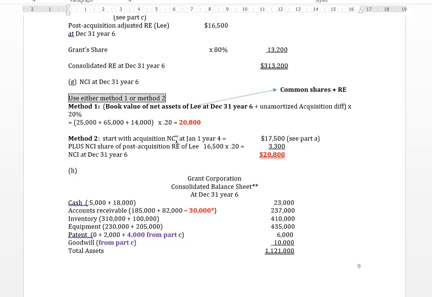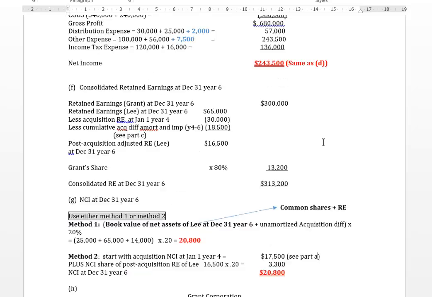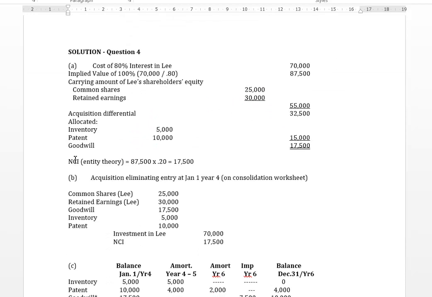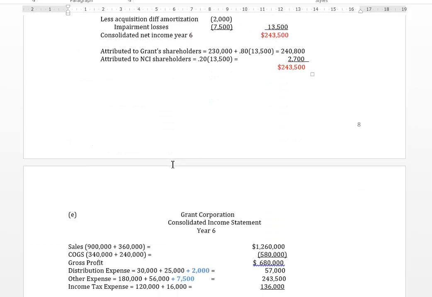We could start with our NCI balance at the date that they became related, and we calculated that back in Part A. You'll remember back up here. We'll just go up, right here. All right, it was 17,500. And don't forget,